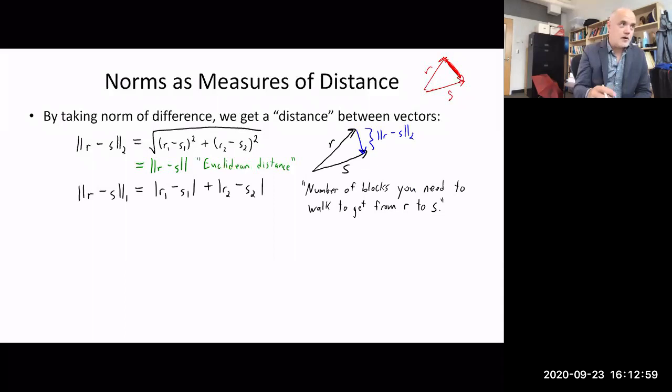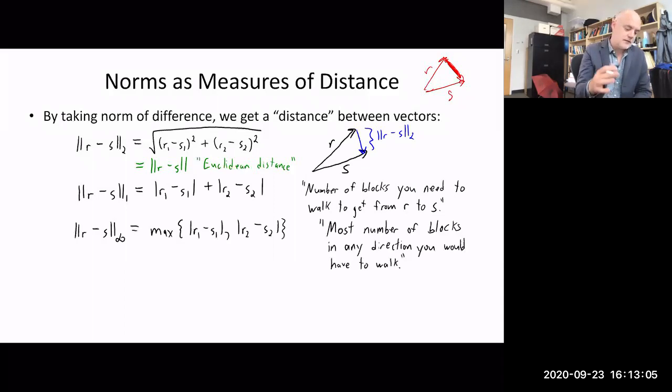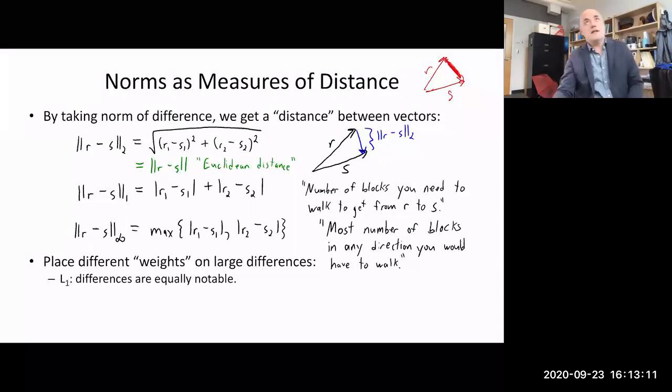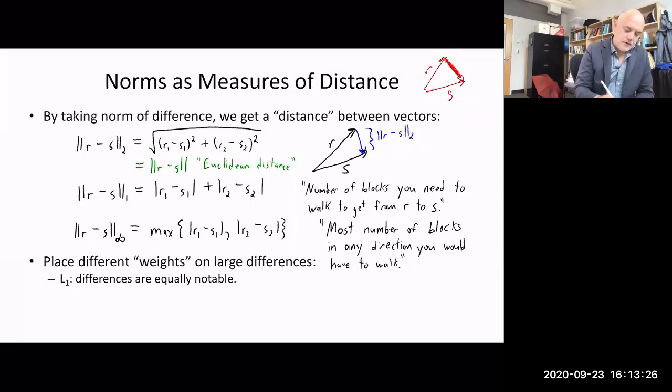The 1-norm is the number of blocks. It's the L1 distance between r and s. It's the number of blocks you need to walk to get from r to s. And then the max is the most number of blocks in any direction you would have to walk, okay? So the point of this is going to show up in several different places during the course. These different norms place different weights on different kinds of differences, right? So if I diagram some,